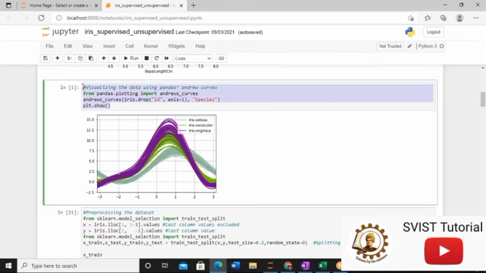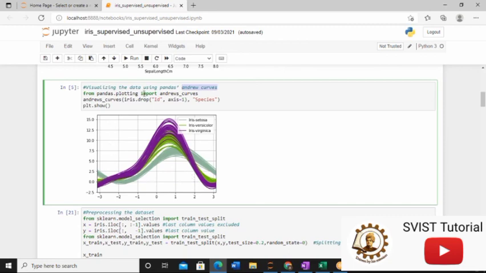This is a beautiful kind of visualization, and you never find this kind of visualization anywhere. The beauty of the Andrews curve is that with this visual color effect, you will be able to find the 3 specific groups of Iris: Setosa, versicolor and virginica. This visual effect is very good at displaying the different kinds of clusters available. So for data analysis and data visualization, you can use this Andrews curve. It's a beautiful curve used on a labeled dataset to classify how many separate species there are. You can try this one.